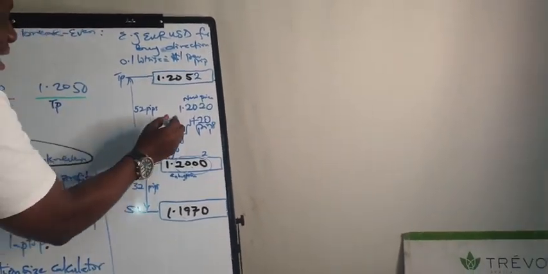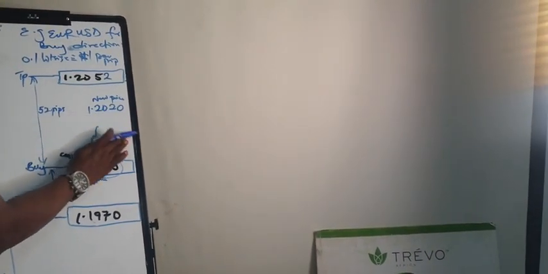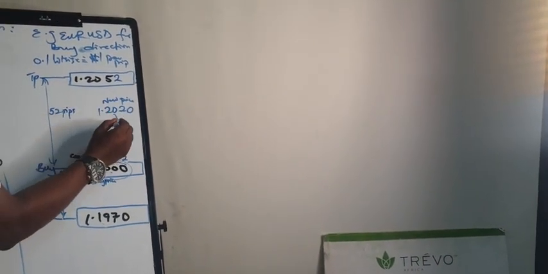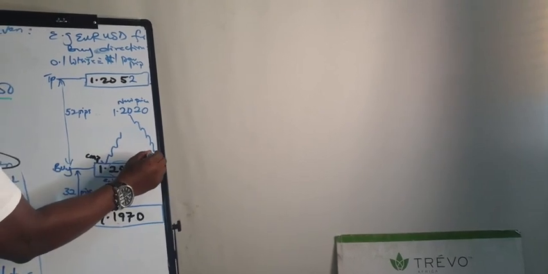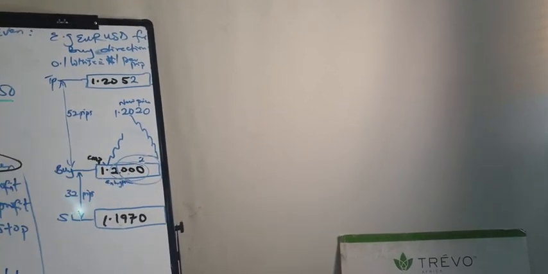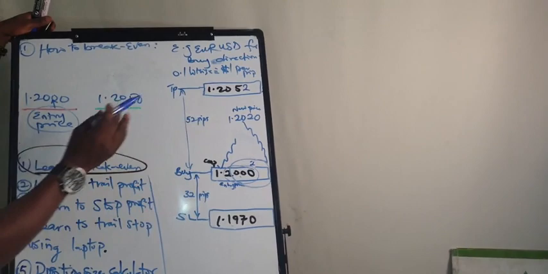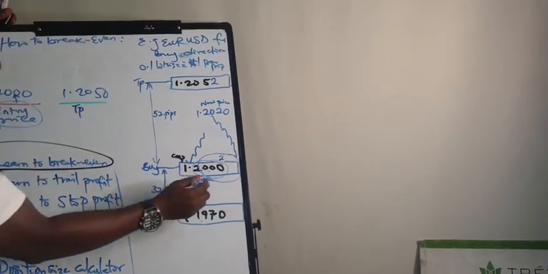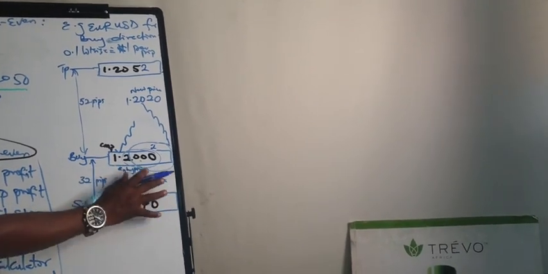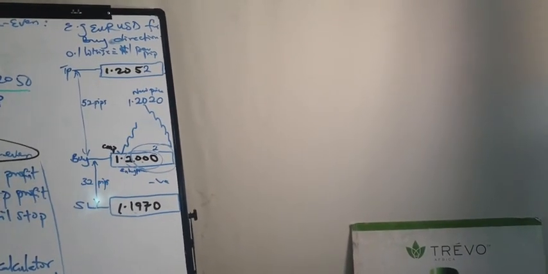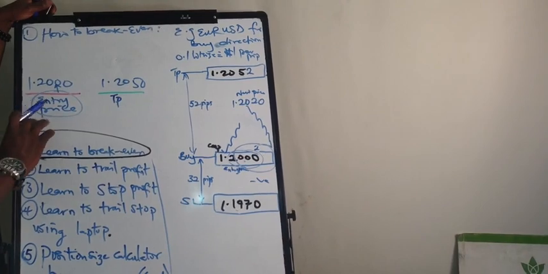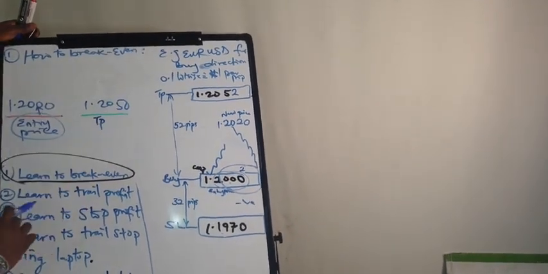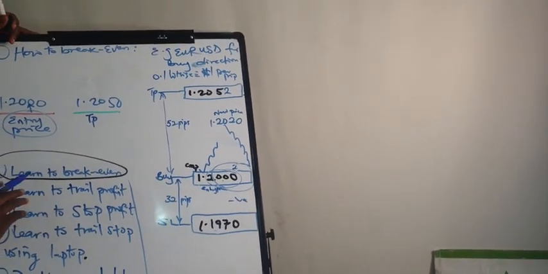Because what that means is that if this trade, this 20 that you have, decides to come against you, when it gets here, the stop loss line will cut it off, which is your entry price. It will cut you off on that trade. It won't allow you to go into negativity in this area again. At that point, you are broken even. So thank you. I will clean this and then explain how we learn to